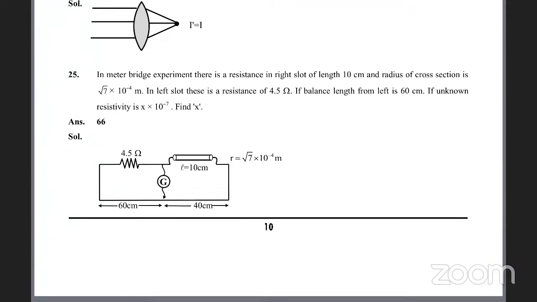Look at 20. It is based on the meter-bridge experiment. There is a resistance in the right slot of length 10 centimeter. The radius of cross section is root 7 into 10 to the power of minus 4 meter. In the left slot, the resistance is 4.5 ohm. The balancing length from the left is 60 centimeter. Anyhow, this is based on